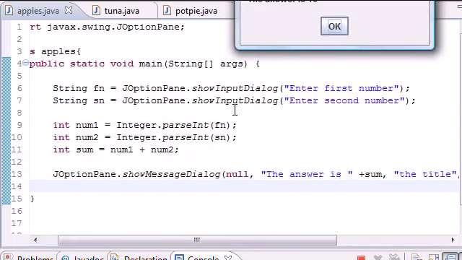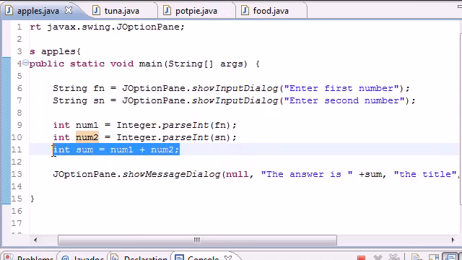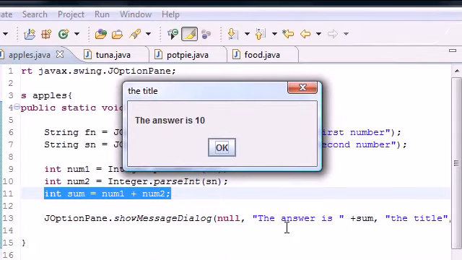OK. So now what it did right here is it took that 4 and converted it to a number, and took that 6 and converted it to a number, so that you can add the two sums right here. And lastly, it took that show message dialog, which says null, which means position in the center of our screen, the answer is sum right here, and again that third parameter was the title, which appeared on the title bar, and that last one, you have the option of putting icons on your GUI or user interface that we built,